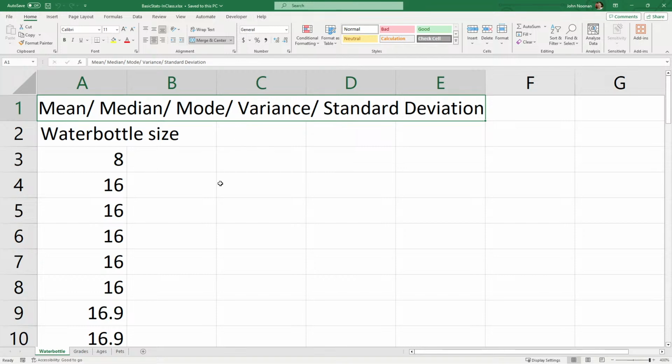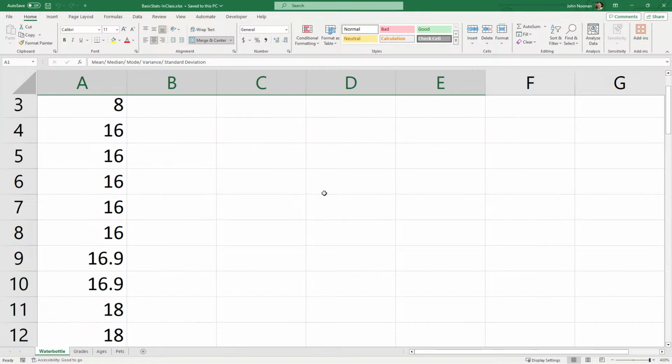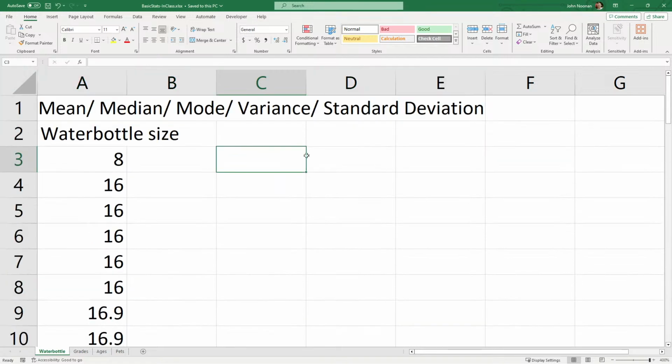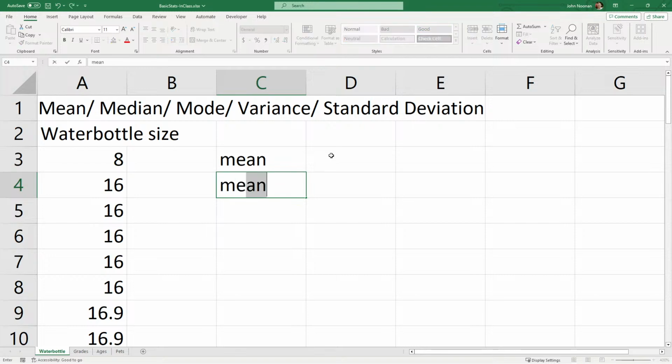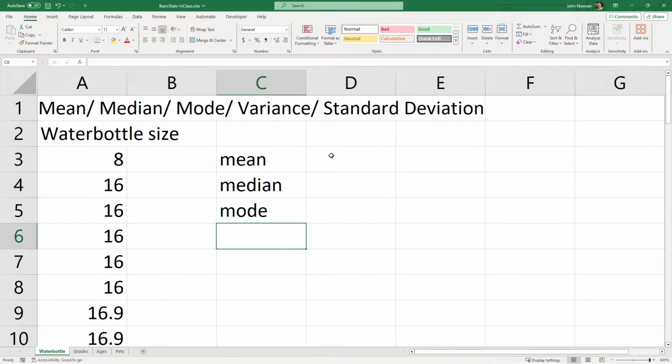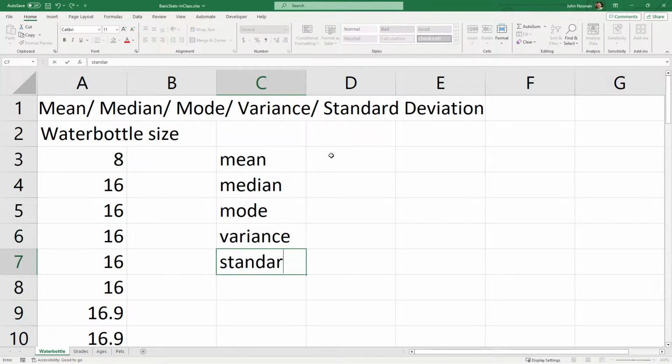Okay, so first things first: mean, median, mode, variance, and standard deviation. This is all pretty straightforward, so we're just going to blow through this really quickly. So the mean, I'm just going to write these down over here just so that I have a place to put them. So the median and then the mode. I think we've done some of these already, but I want to make sure because they are on your homework for the weekend. Standard deviation.